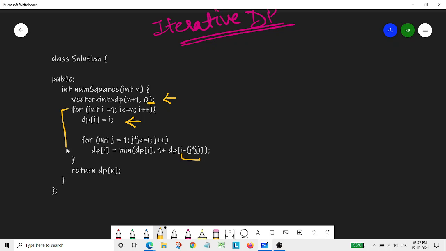For making that number, by adding up to that particular number, how many square numbers would be required. So we are simply taking this at the particular position, means when 1 is there. So we will be checking with this particular loop, and we will take the minimum of this one, right?